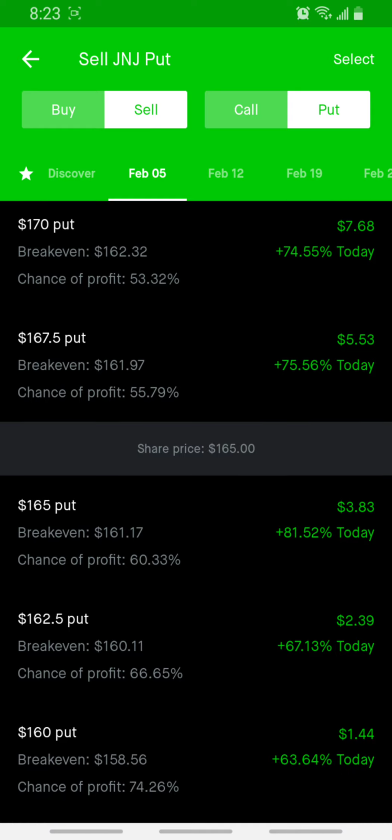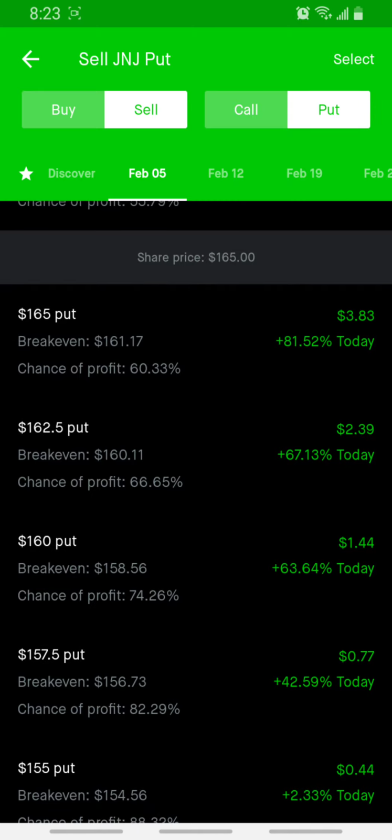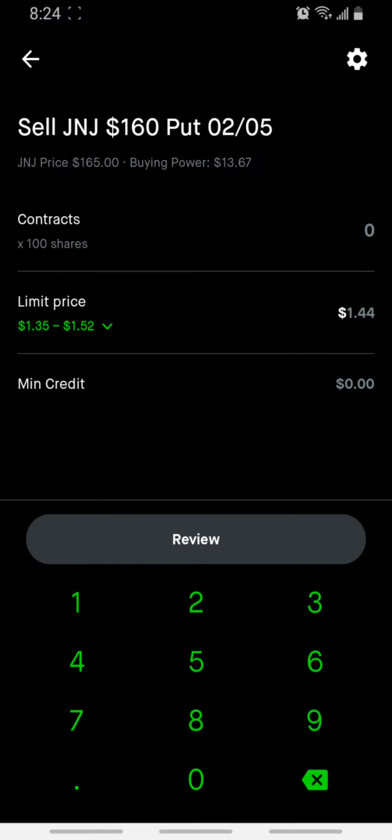So essentially, if you want to own 100 shares of a stock at a discount, a cash covered put would be the way to go. So let's say you have $16,000 cash and you want to make money off of that $16,000. What you can do is you can sell a cash covered put at the 160 strike price by February 5th. So if you have $16,000, you can sell a put and you will get paid a premium of $144. You get to keep that $144. However, if the stock price goes below 160 by February 5th,